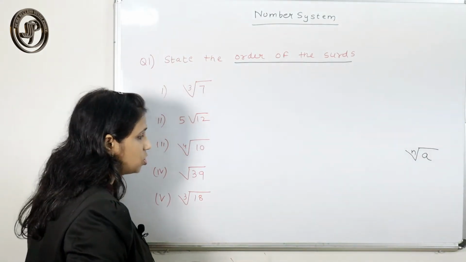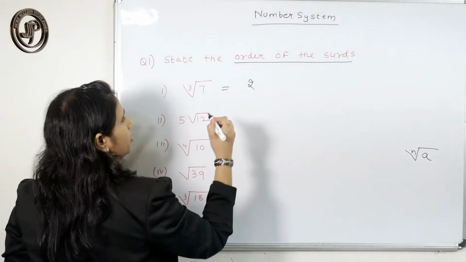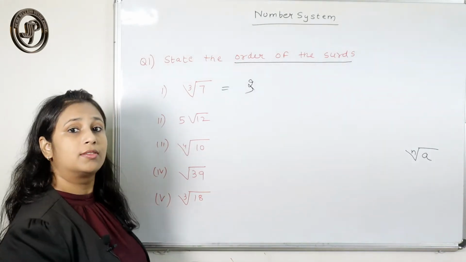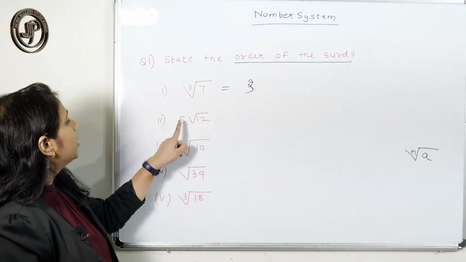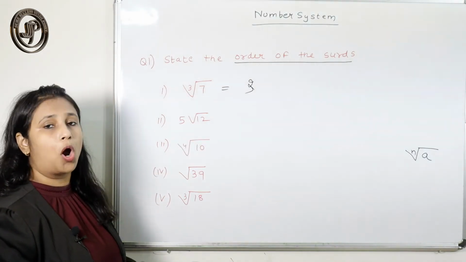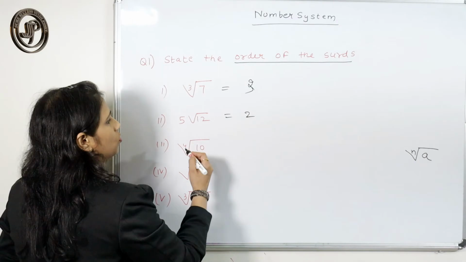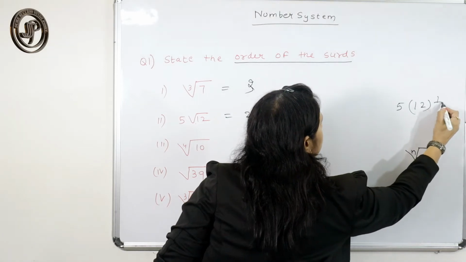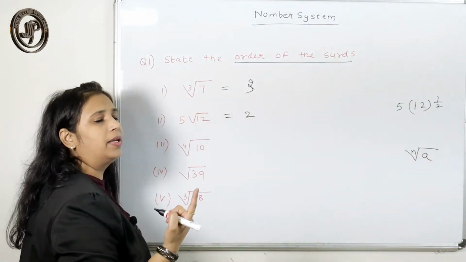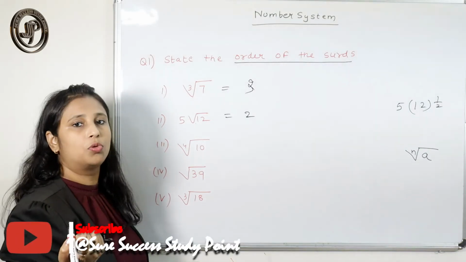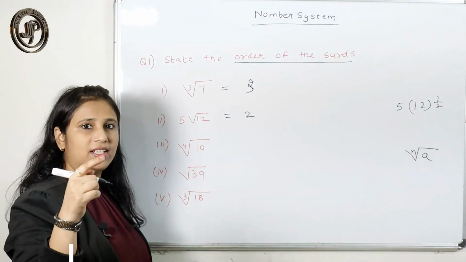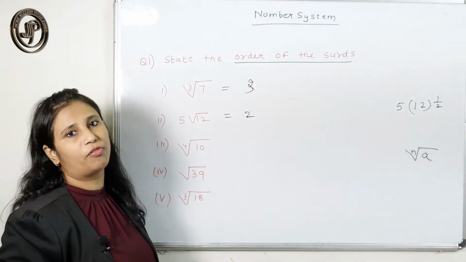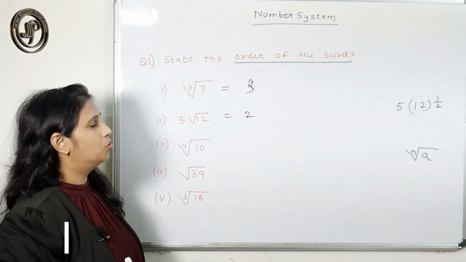So here what would be the order? Order is 3. Here the order is 5. No. It is 5 root 12. Order is what? Order here is 2, because here you can write this as 5 into 12 raised to 1 by 2. The value of n starts with 2, it can't be 1. So n is greater than 1, I told you. So here if it is not written anything, you have to take the least value of n, and the least value of n is 2.